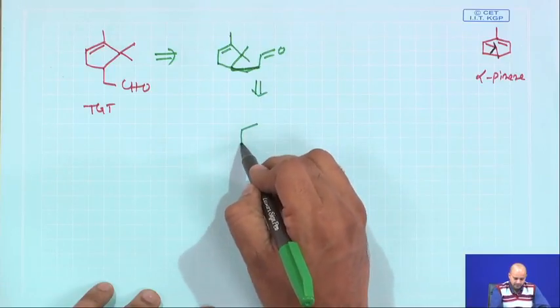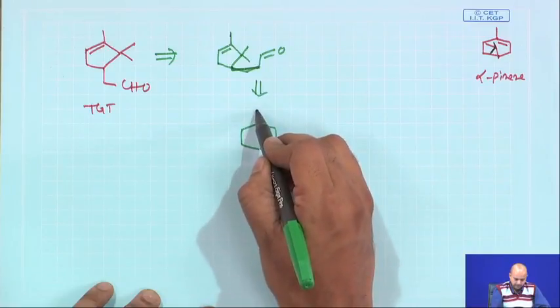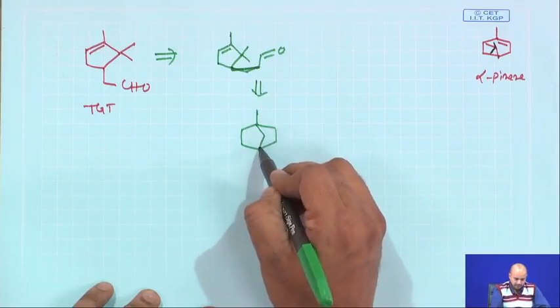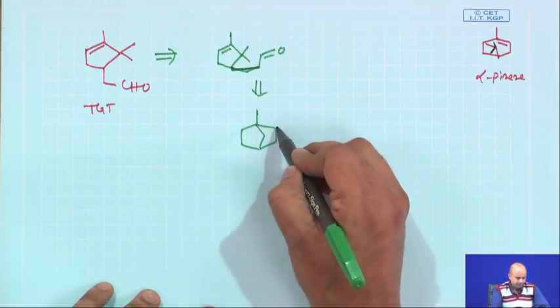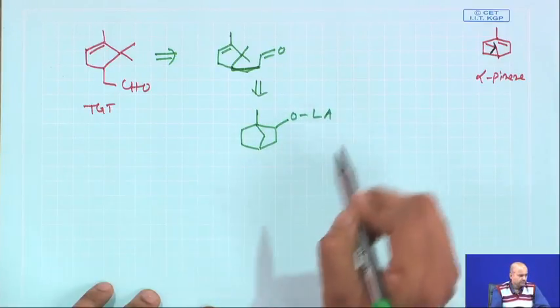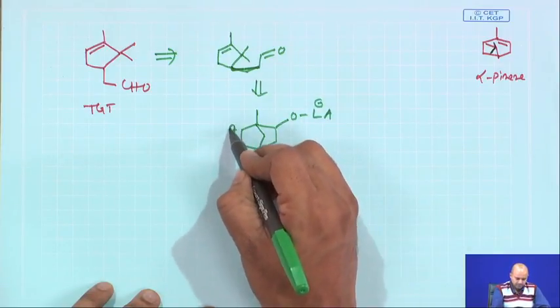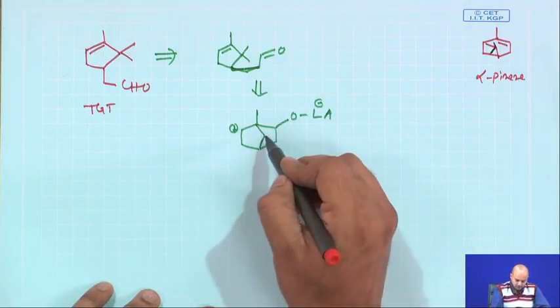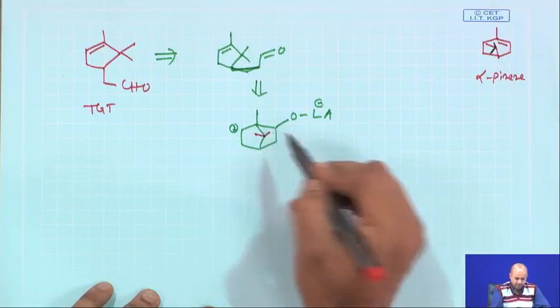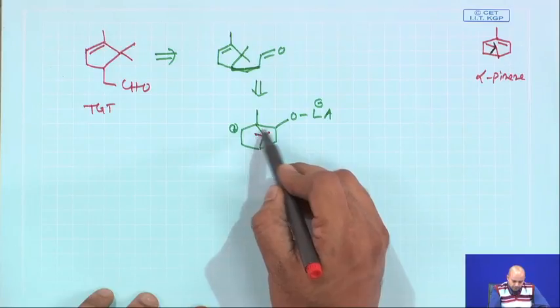Now, I am saying that this compound can be constructed if you have something like this. Now, what is this? These are 2 methyls here, methyl. Now, what I am saying? Now, if this particular